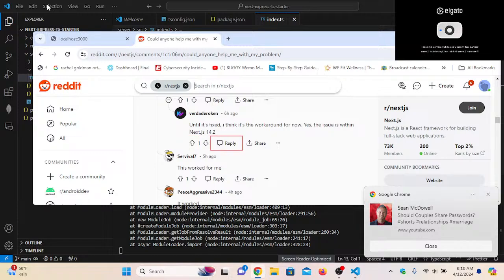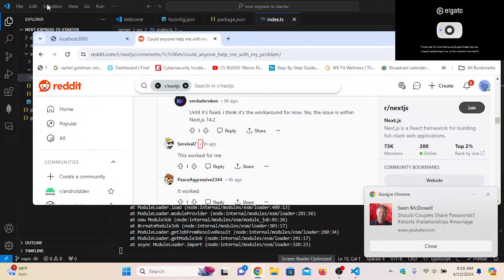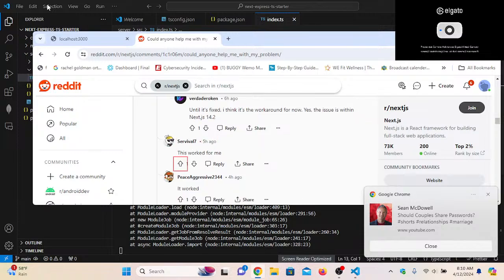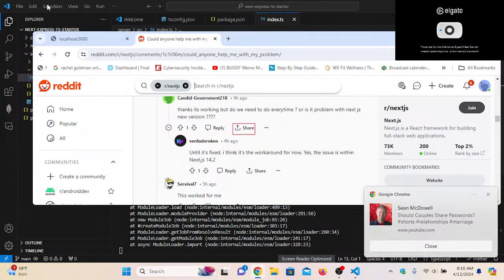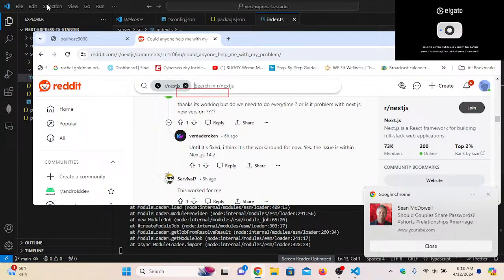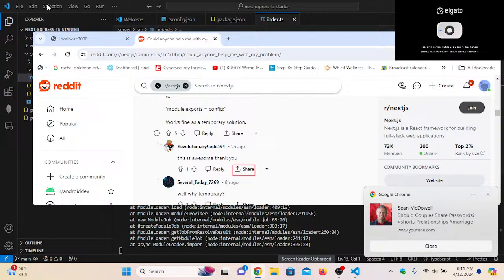Upvote toggle 1. Down reply share open user group and thread group start metadata for server link collapse bullet. Link 5. This worked for me. Upvote toggle button. This worked for me. Okay, so let's link bullet link meta group share downvote 1 up and links link meta group open share down 1 up toggle thanks it's link 6 bullet link meta group open share reply down 1 up well link 8 bullet link metadata group start thread group and thread open user action share but reply downvote 1 up this is awesome thank you. Link bullet link meta group open share reply downvote tog 5 upvote toggle works fine as a